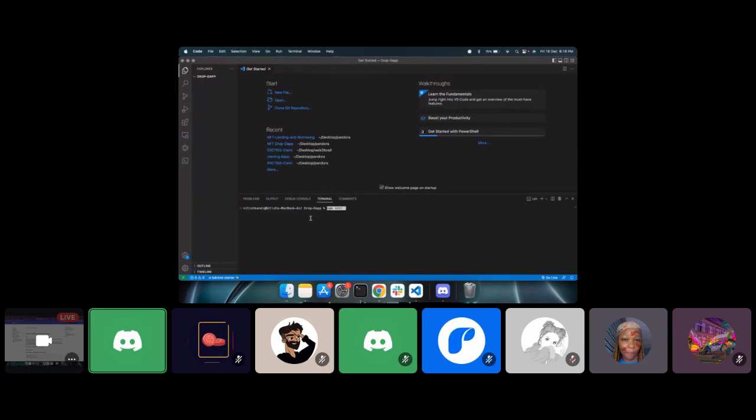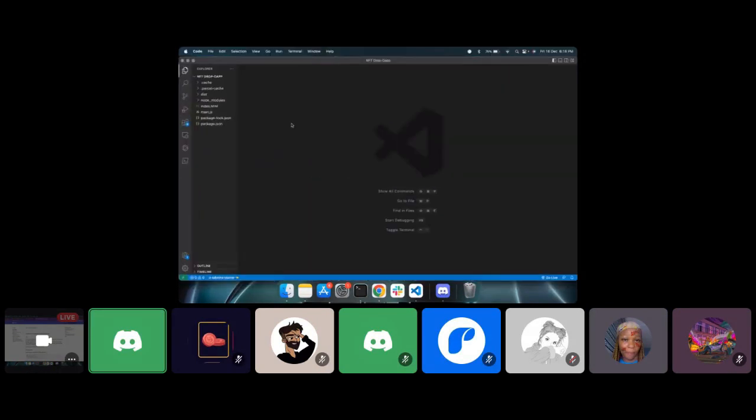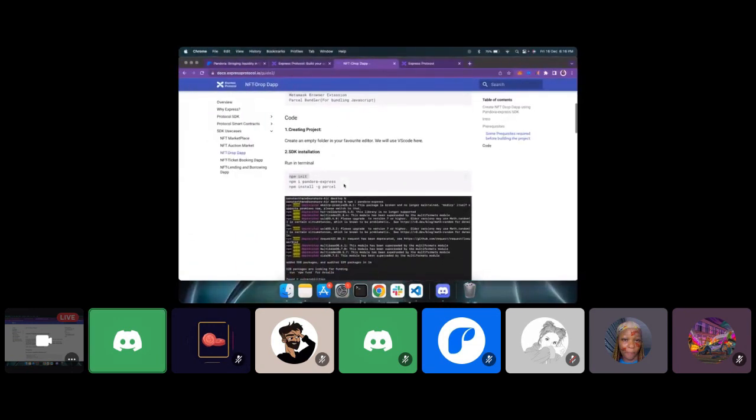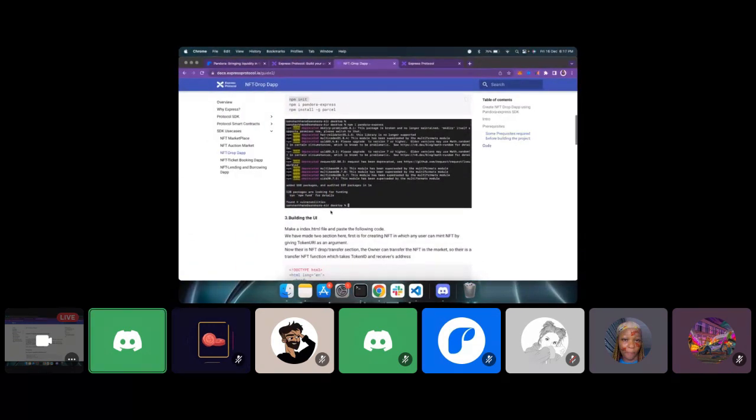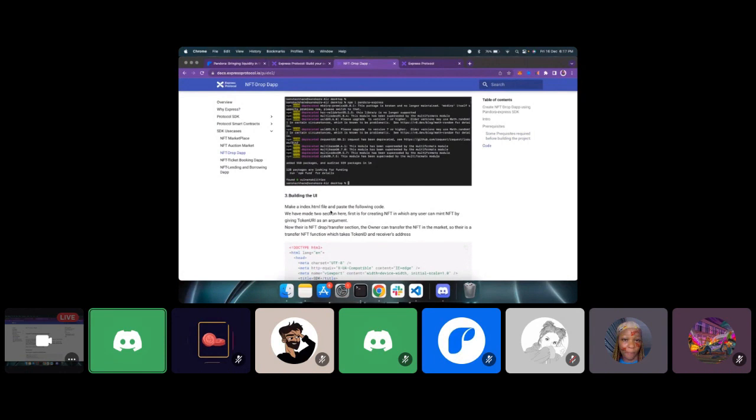So it will take a long time to install all these things. That's why I've created a separate folder which is the pre-built contract. So as you can see, these node modules have been installed. So after doing all these things, we will end up installing all the dependencies that we have, and